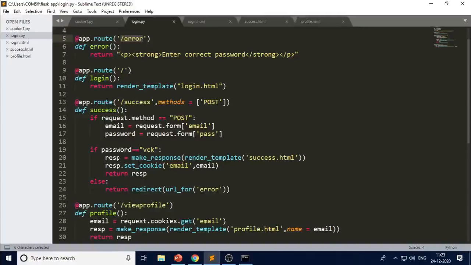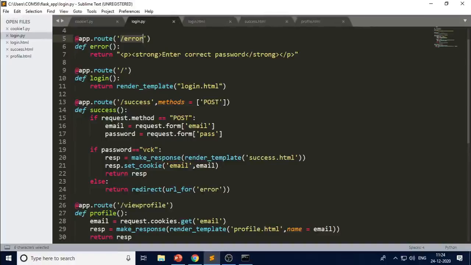Okay, so we have given a fixed password. Which password do we want here? VCK. So if the password is VCK, you can give any password here. It will create one object. What is the name of the object here? RESP.